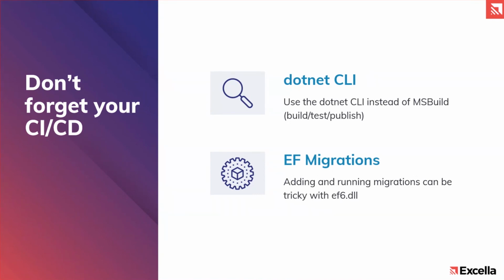If you end up in this situation, you can't run add migration from Visual Studio anymore. You can't run update database from Visual Studio anymore, because Visual Studio won't allow it. The support for that kind of combination is not there. You can, however, create your own PowerShell scripts fairly easily to run both update database and add migration using the ef6.dll. So it's possible, and I'm more than happy to share some of my thoughts and expertise there as well. But just remember that this is definitely a tricky situation, so you don't want to stay here for too long. You want to move over to EF Core as soon as possible, but just hold off a little bit on it.